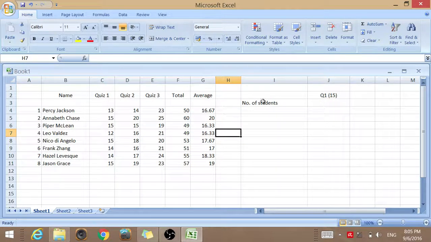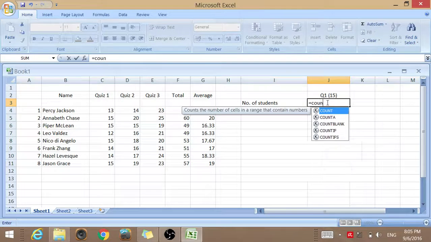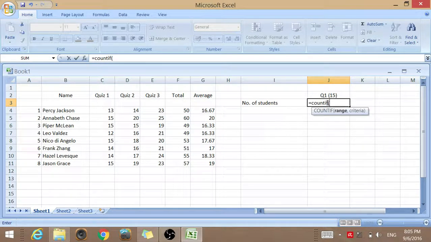For example, you want to know the number of students in quiz 1 who got 15. So using that formula, equal sign COUNTIF, and then inside the parenthesis the range. Since you want to know how many students got 15 in quiz 1, your range would be all the scores in quiz 1. Then comma, and then